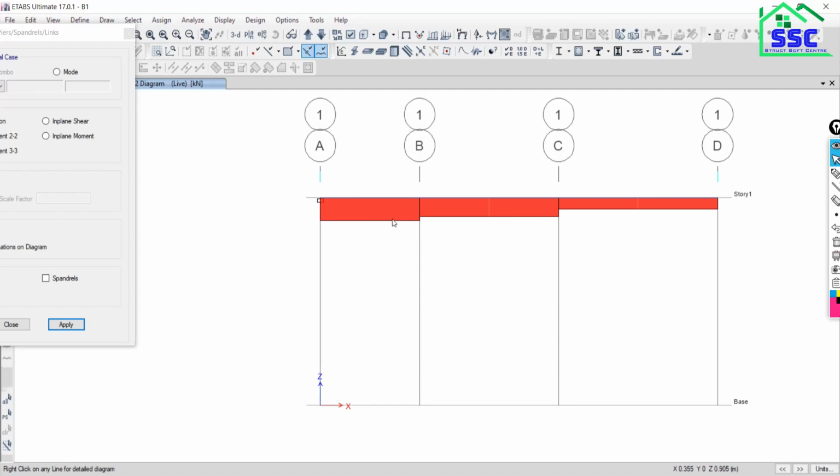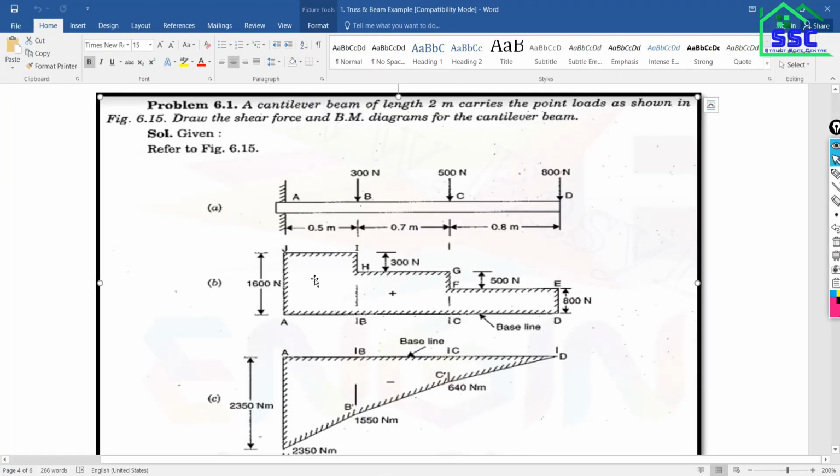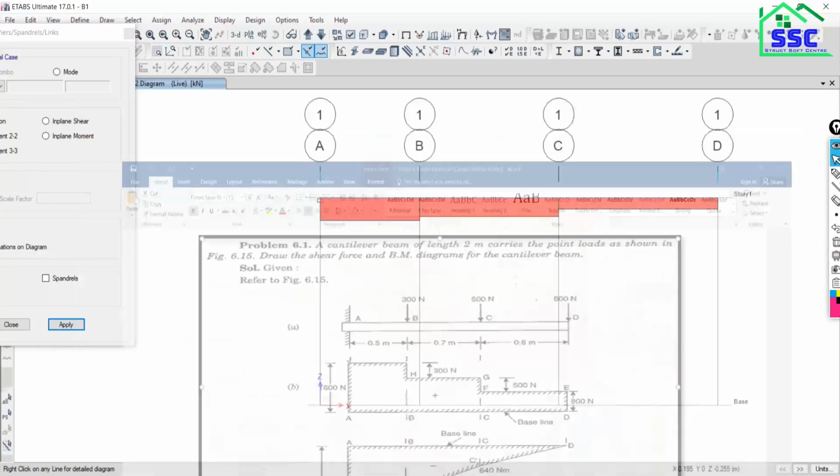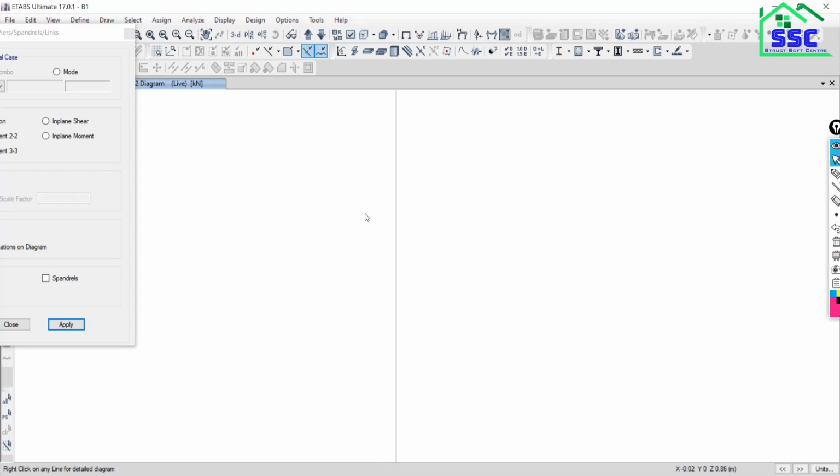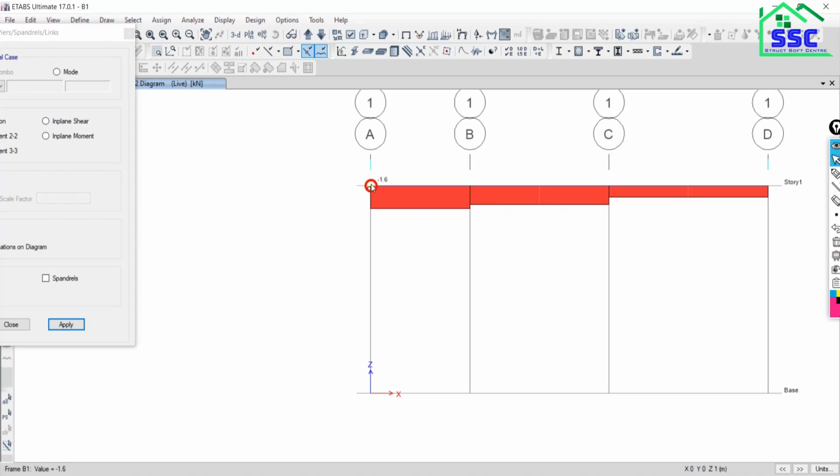We have to verify the manual result with the ETABS result. As you can see, at the support there is 1600 newton, which in kilonewton becomes 1.6 kilonewton. At the joint it shows minus 1.6.